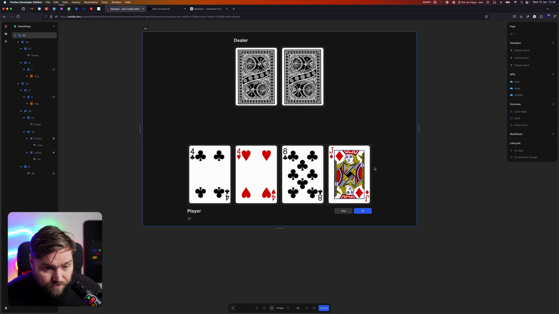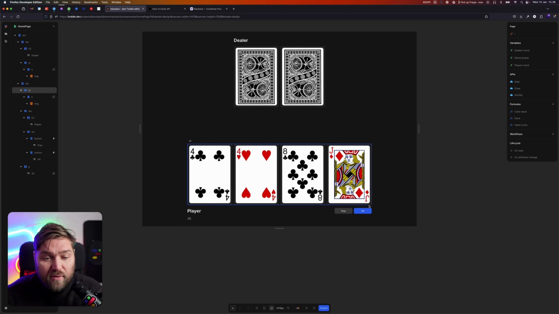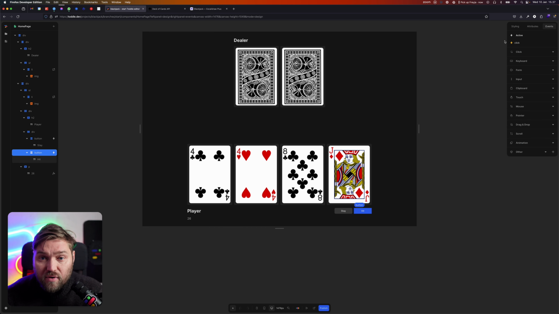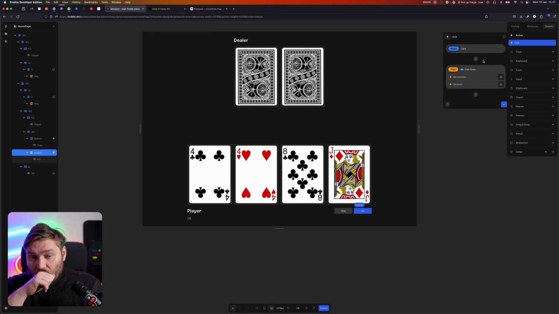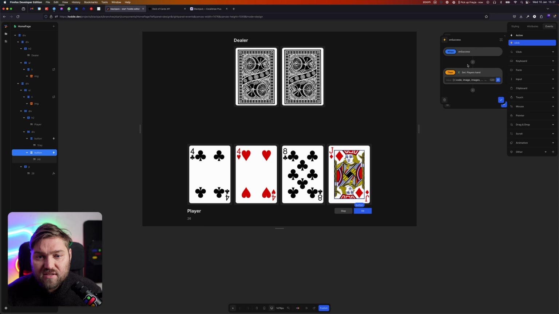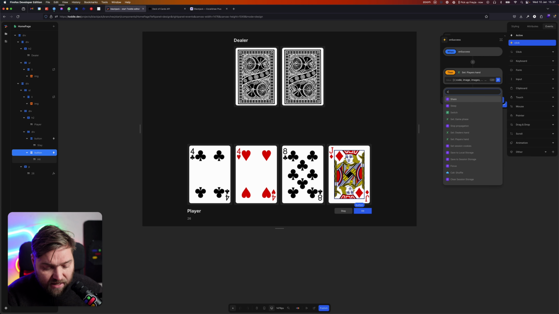So let's go and do that. When we on the hit event here, when we click this, we're going to go and edit this workflow. Now we still need to draw, because first we draw the card and then we check in the bust, right? So we're going to go into this unsuccess formula. And right here, it's setting the player's hand. Now I'm still happy with that, because after setting the player's hand, like we need to update the hand before we validate if it's bust, right? But in here, I'm going to add a switch